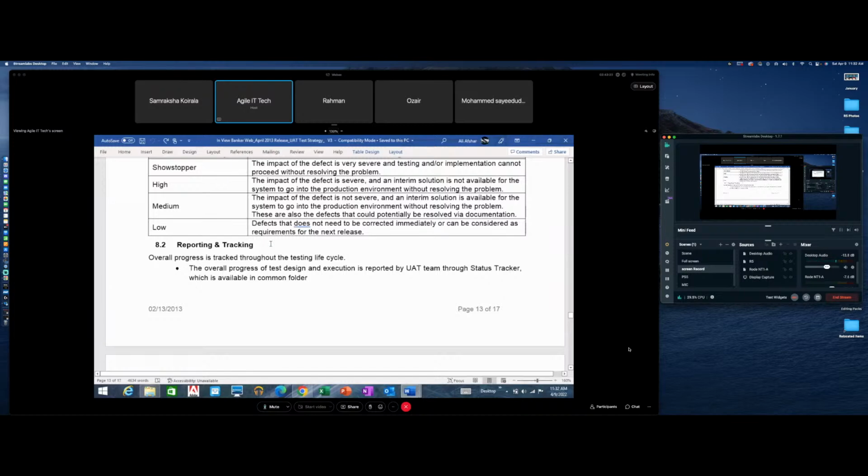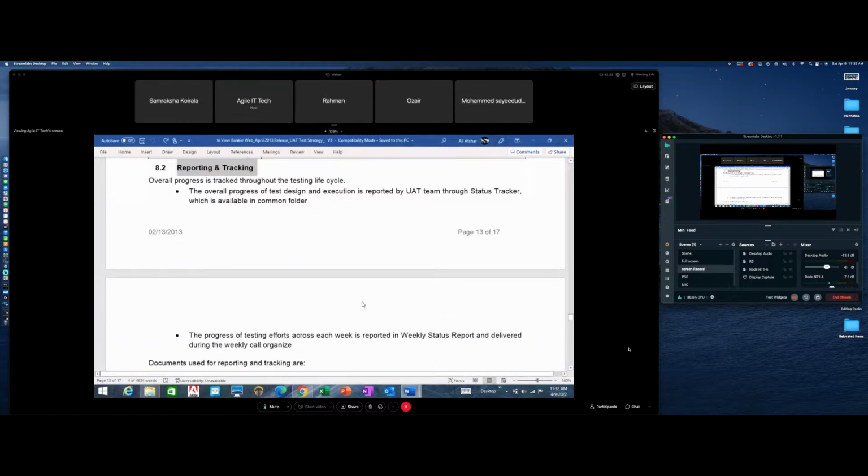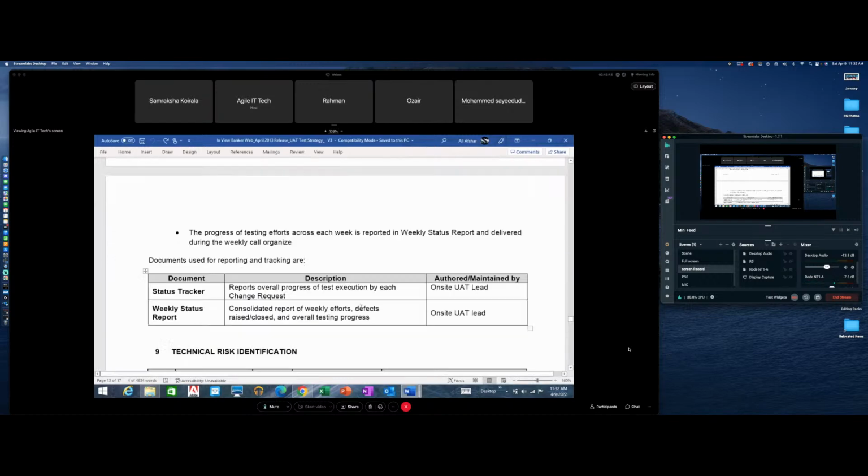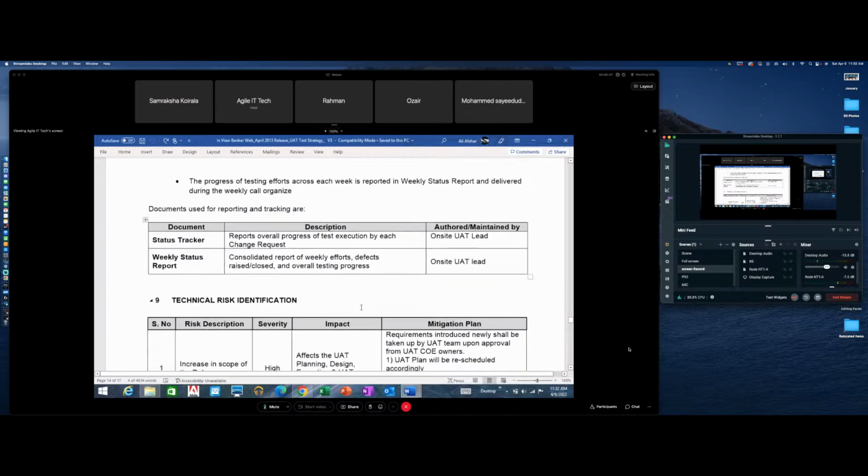So Sayed, you're up, right? Yeah, reporting and tracking. Overall progress is tracked throughout the testing lifecycle. The overall progress of test design and execution is reported by UAT team throughout status tracker. The progress of testing efforts across each week is reported in weekly status report and delivered during the weekly call organized. Documents used for reporting and tracking are